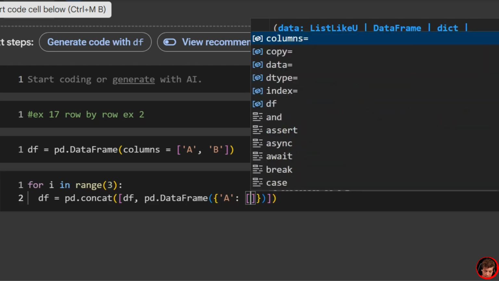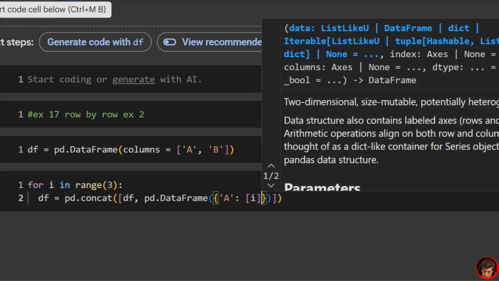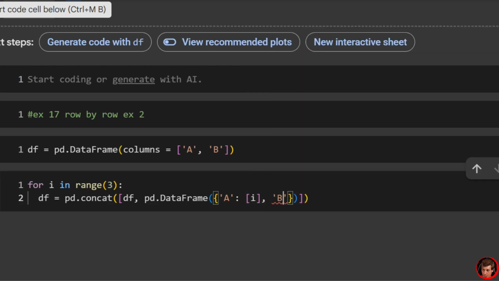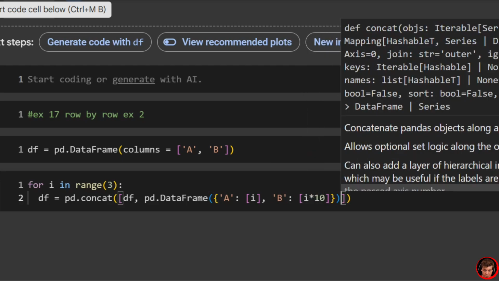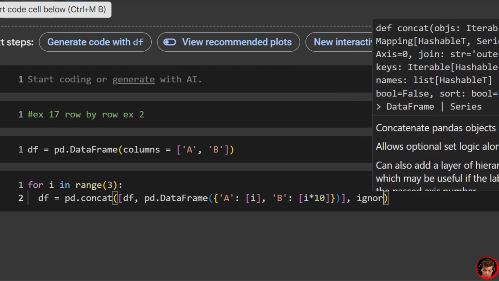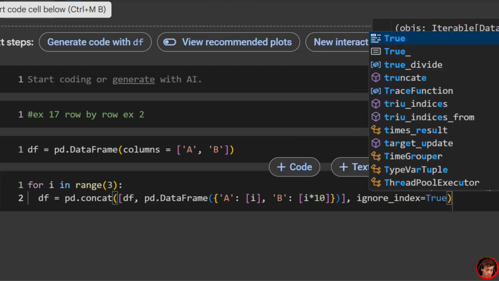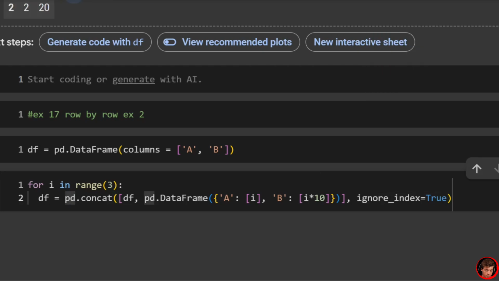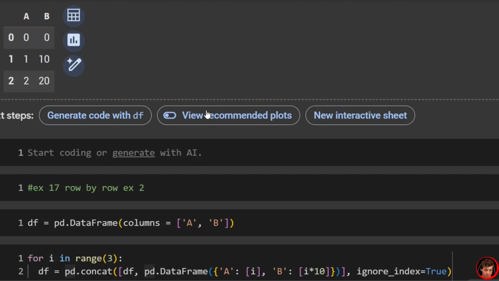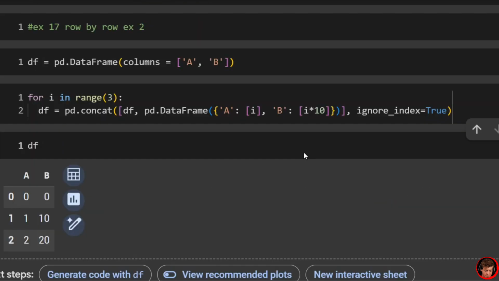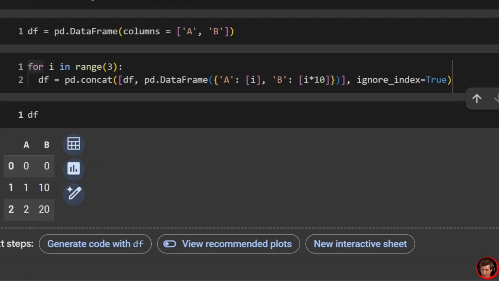And this time we're going to do i in over here. And then we're going to have B. And then in over here next, we're going to have i times 10 like this. And then we can ignore index. Ignore index equals true. And now if we take a look at our data frame, right, same exact thing on this side of things. This one I found much easier than this one, but I just want to show you, again, multiple ways to